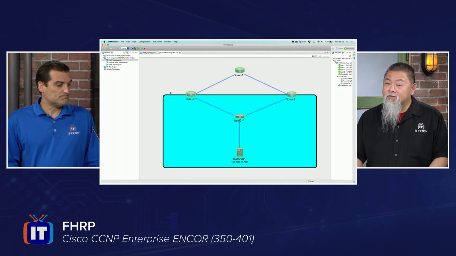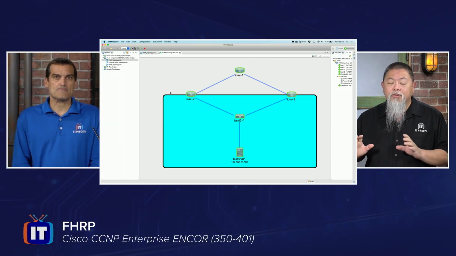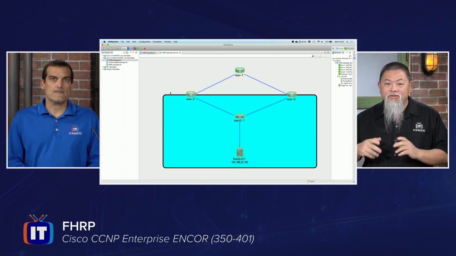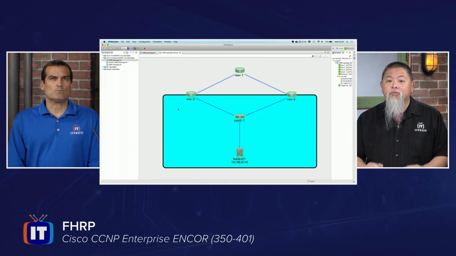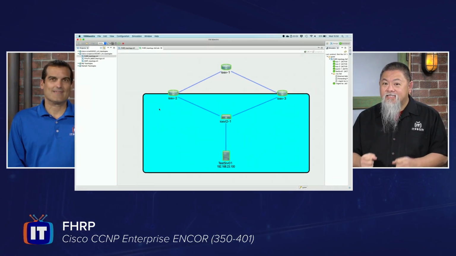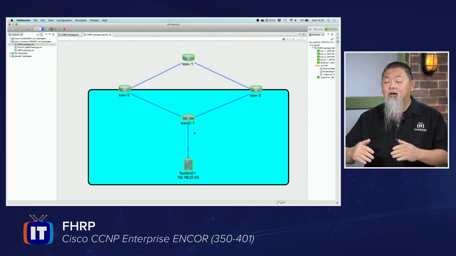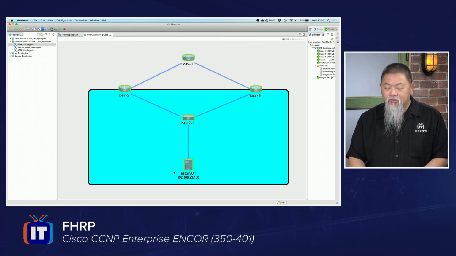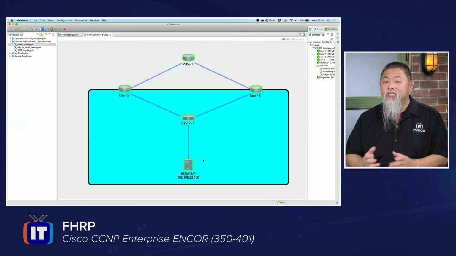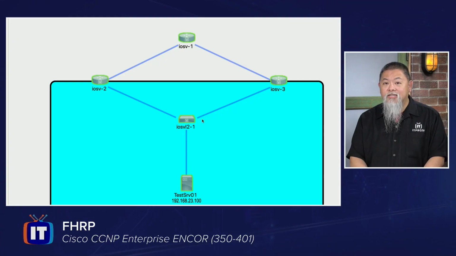All right, so let's take a look at our topology as we get started here, because this kind of sets up everything. Most of you probably already have done this, but if you haven't, let's take a look. When Anthony was mentioning the idea of setting up multiple gateways, that sounds like a great idea, right? So here it is inside of this blue area. Let's take that as being our local area network. I have a server here set up as an example. It's hooked up to a layer 2 switch, as you see right here in the center. And there it is. I can have a gateway going out of this router 2, as I named it,